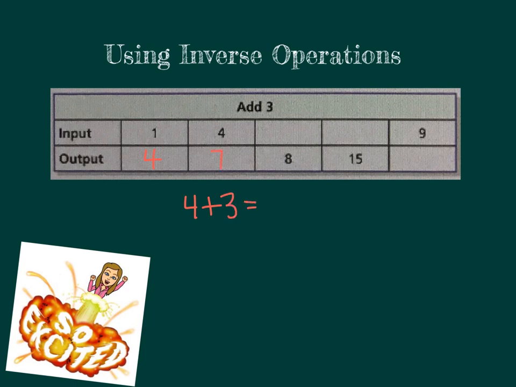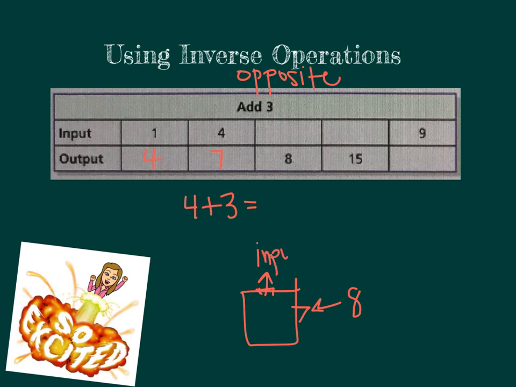Whoa, hold on. The robot malfunctioned, and now we don't have a number to input. But we do have the answer. Now, this is where using inverse operations comes in handy. Inverse operations is just a super fancy word for doing the opposite. So, if you already have the answer and you've got to put it back into the robot in order to get the input at the beginning,